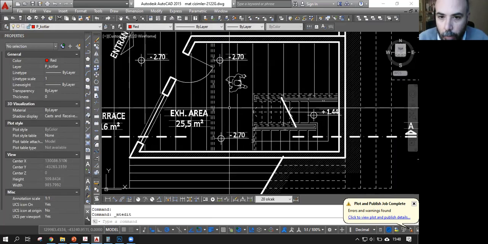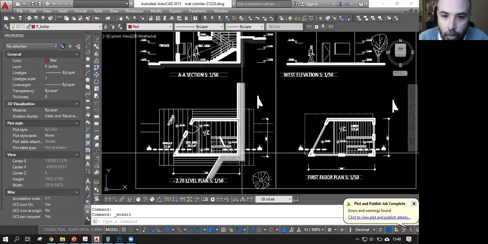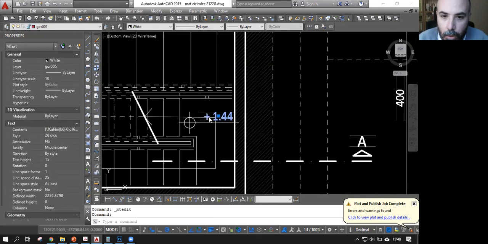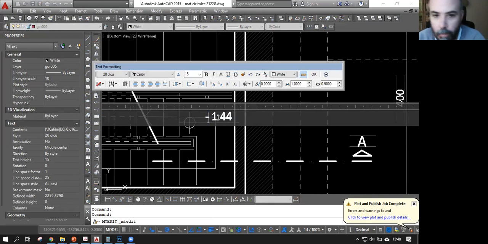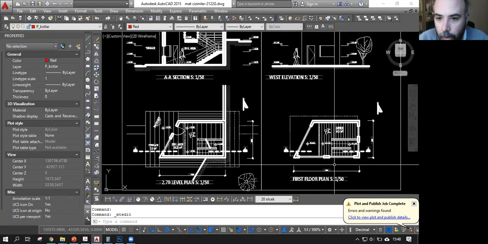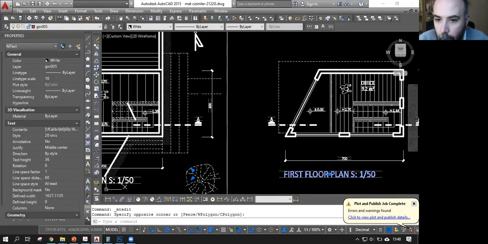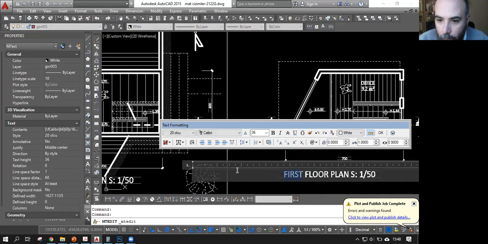That will be better. And this part here is minus 1.26. So I can name this floor plan as the 00 floor plan, which will be indicated like this,